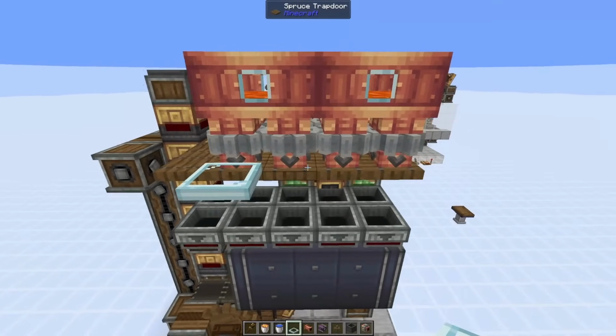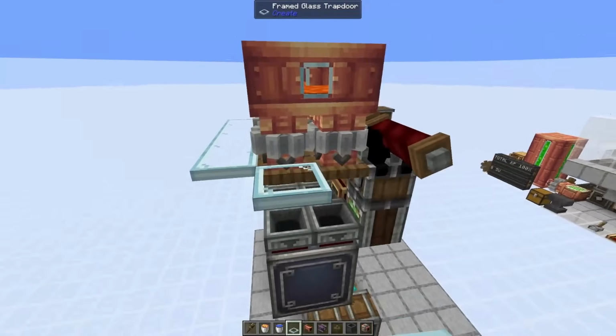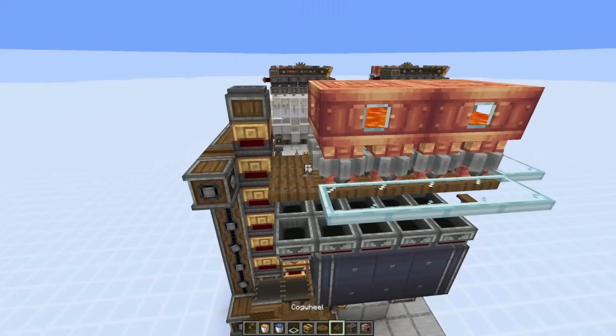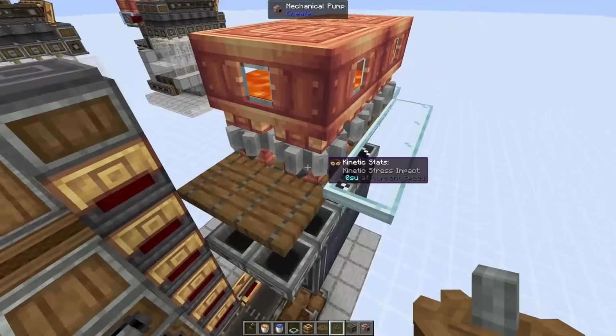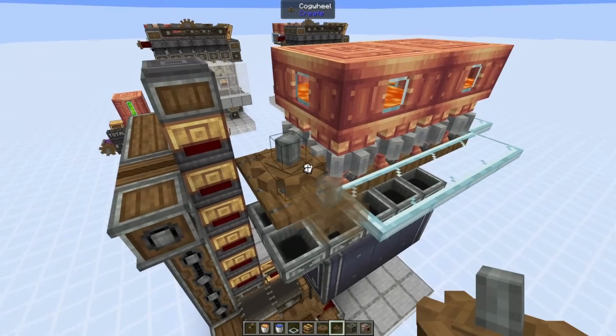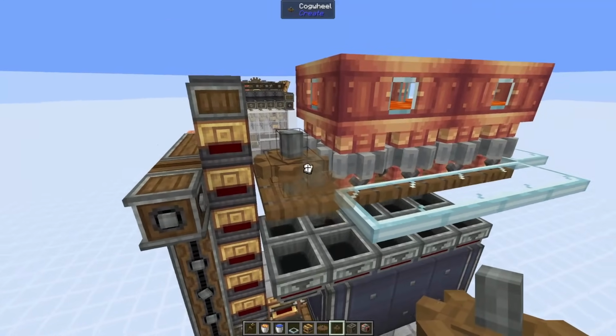Next, we're going to get the water in, but first, so that the water doesn't flow everywhere, we're going to need to place a bunch of framed glass trapdoors around. And then it's also probably a good idea to fill in these blocks so that water doesn't just fall out this way. So we're going to place a normal cogwheel directly next to the mechanical pump here on this outside